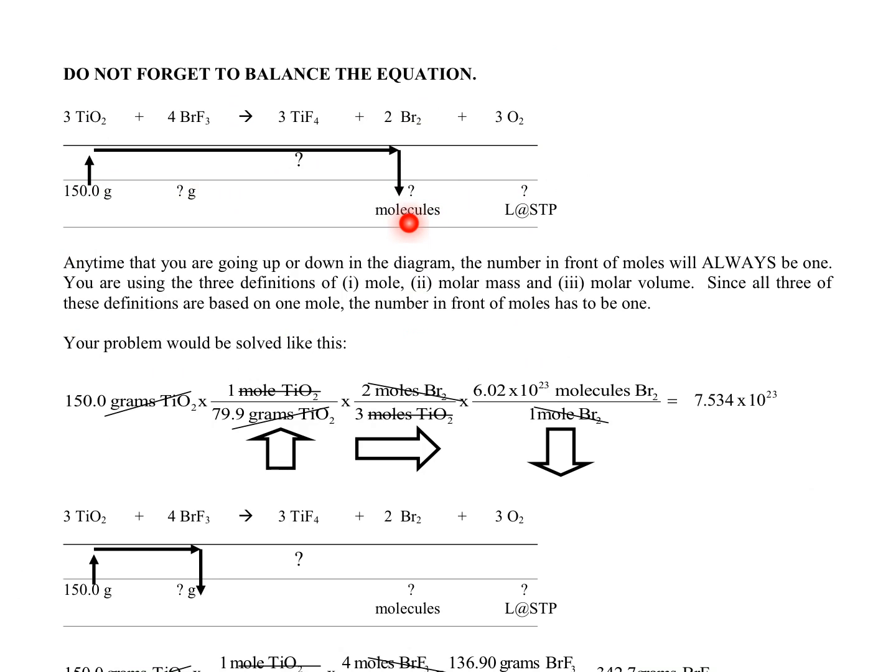The number of arrows is how many conversions you must have. If you have fewer or more, you've messed up. 1, 2, 3. I'm required to have 3 conversions here. If I put this in stoichiometry, grams to mole, use the periodic table. Mole to mole, use my balanced equation. For every 3 titanium 4 oxides that go through this reaction, I produce 2 molecules of bromine. So for every 3 of these, it will be producing 2 bromine. Now I'm in moles of bromine. Moles of bromine, go to molecules of bromine. And I have my answer, which is molecules,